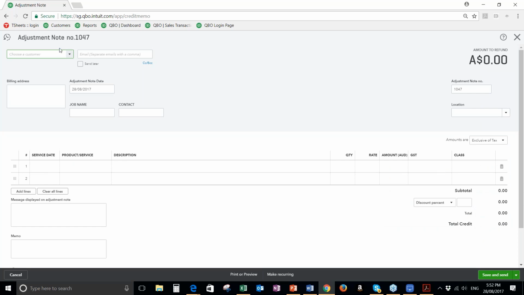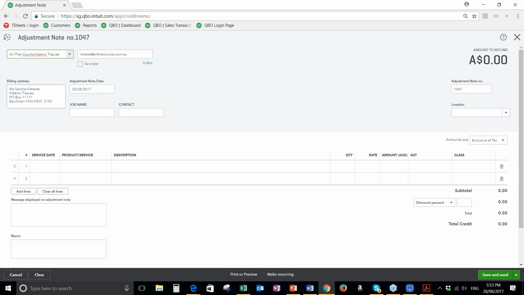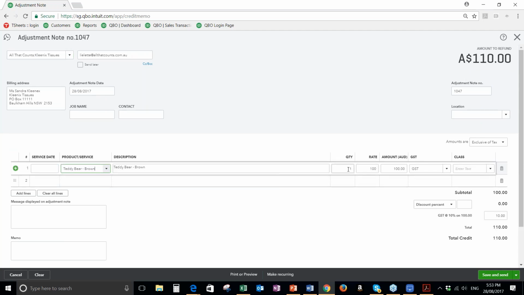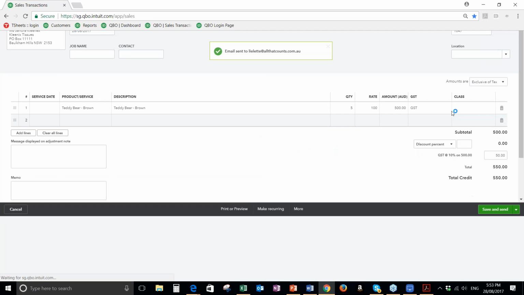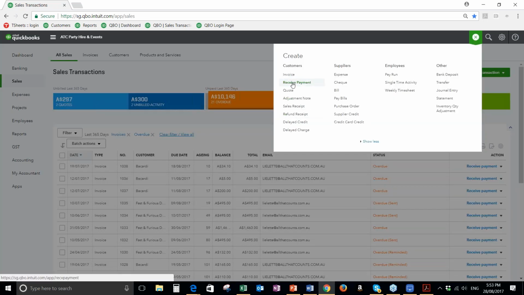We could apply a credit note to, let's just say, Kleenex tissues, the 5 we need to provide. Credit note for some of those teddy bears we just did. 5 of them were faulty, and really that's all we need to do, and save. I don't need to send it actually, so I'll close that, but I now have a credit note. Okay, so how do you apply that credit note? So when I want to receive a payment